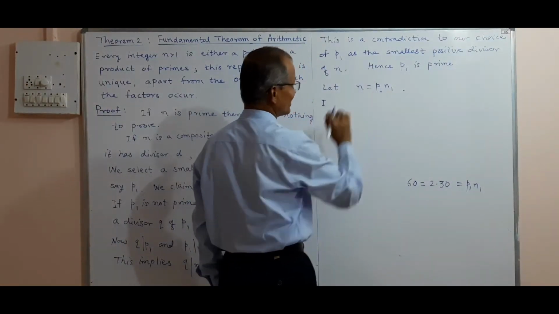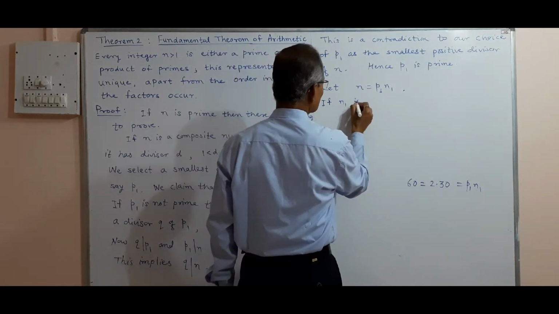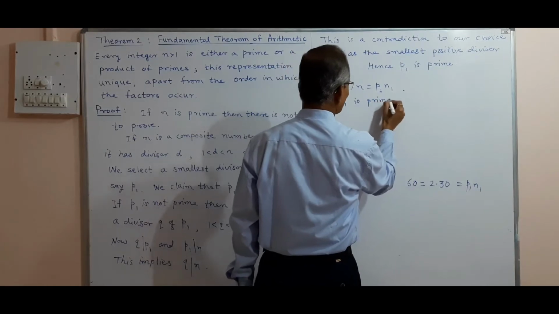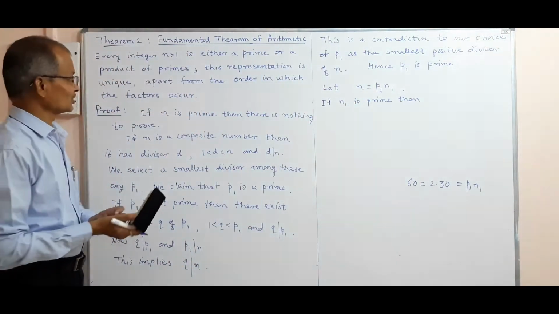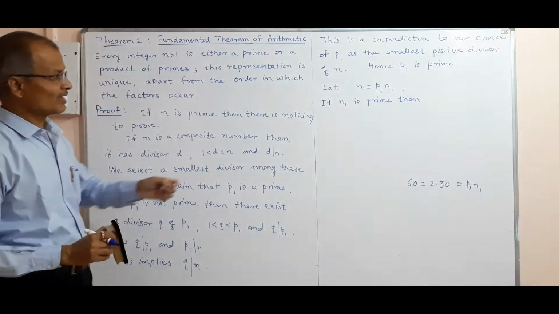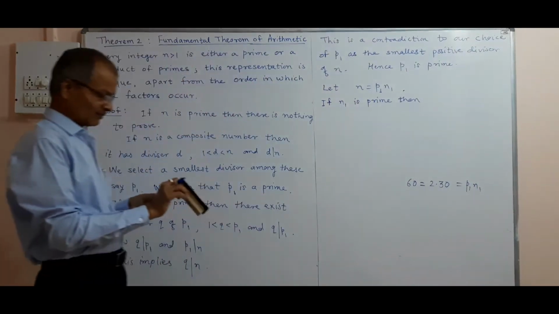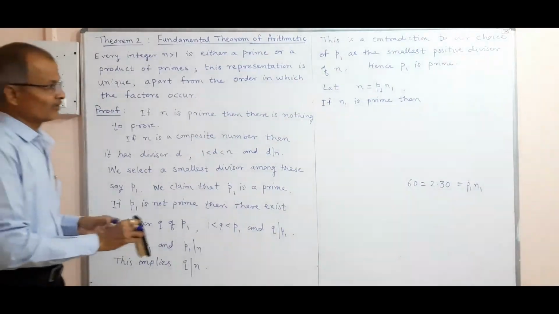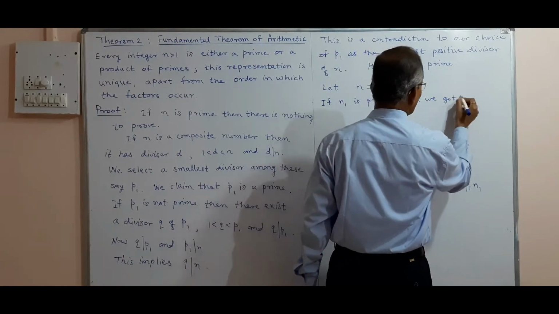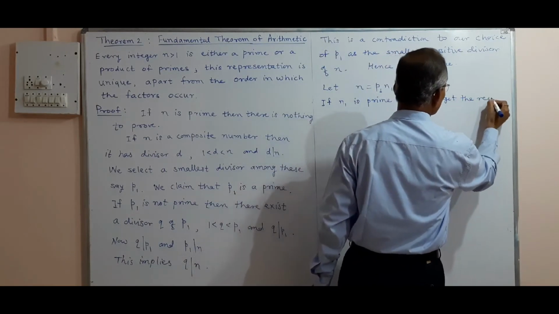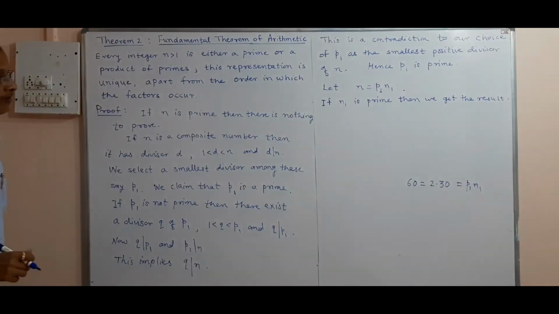This N1 will be less than N. If N1 is prime, then we get the representation like this: P1 is prime, N1 is prime, that is, N is a product of primes. So this proves the theorem. Then we get the result of the theorem. Now further, if N1 is not prime,